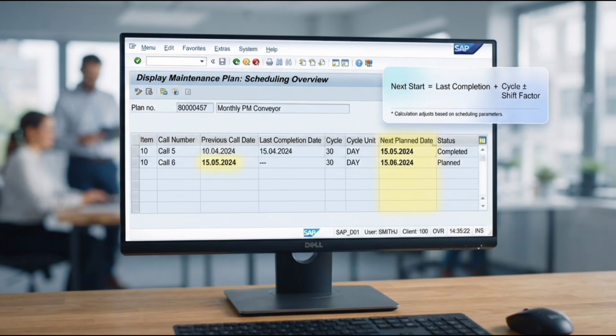Let's see exactly how the next plan date is calculated. SAP calculates the next plan date using a simple but powerful formula. It takes the last completion date of the previous maintenance order, adds the cycle length, and then applies any shift factor or tolerance. If the previous order was completed early or late, the shift factor can move the next date forward or backward. The system also considers the factory calendar so that the date does not fall on a holiday